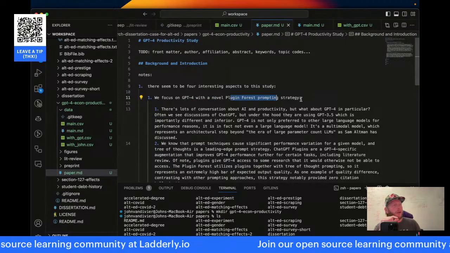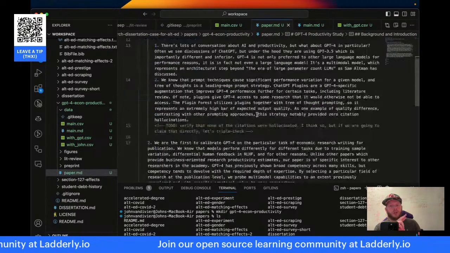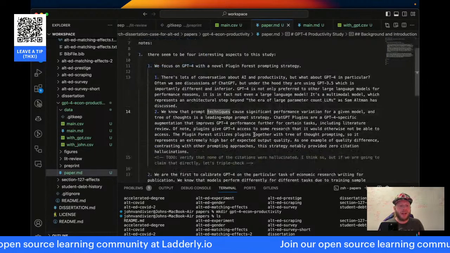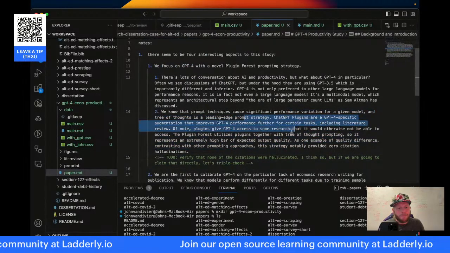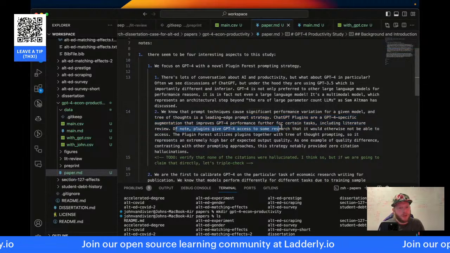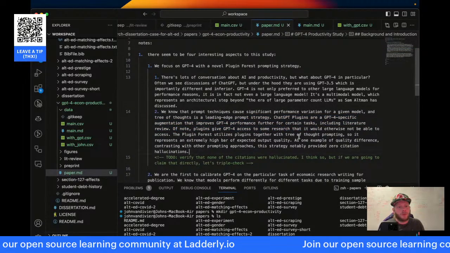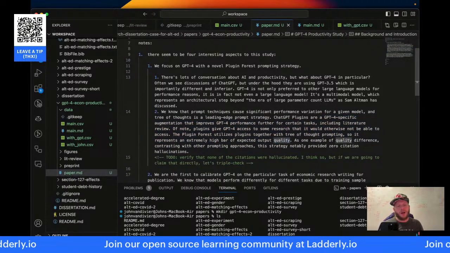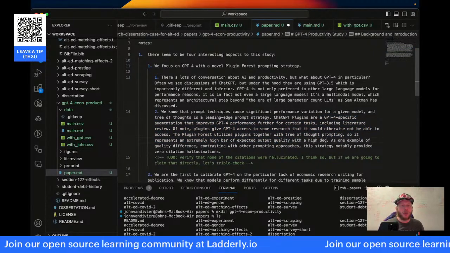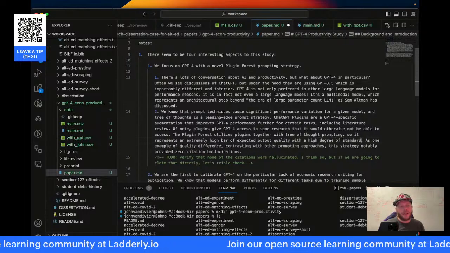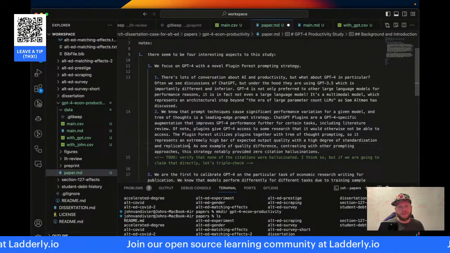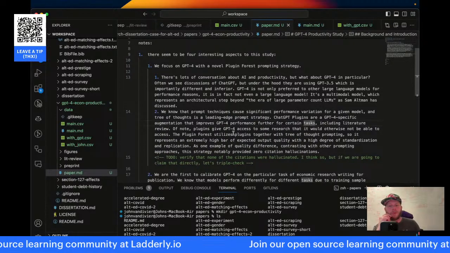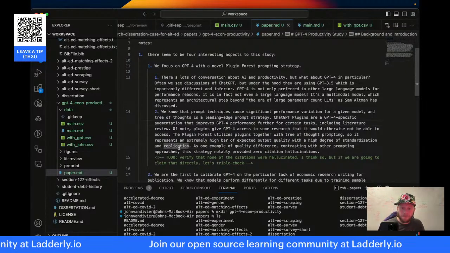We're using prompt engineering to optimize and standardize expected output quality with a high degree of standardization, replication, and reproducibility.